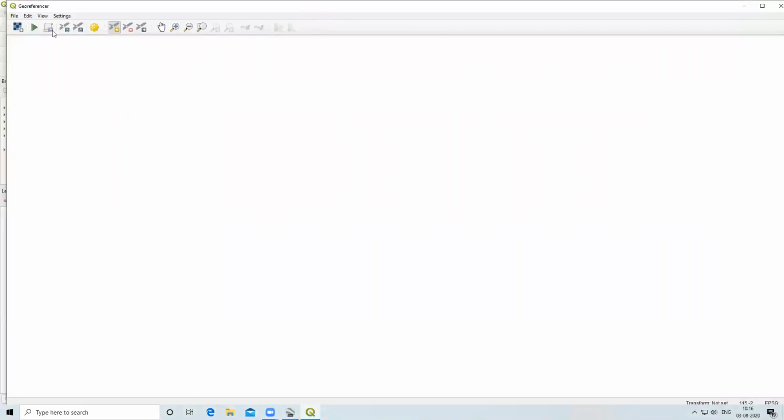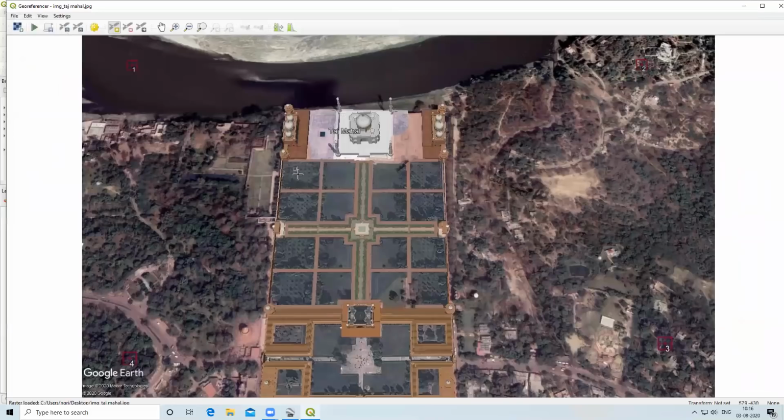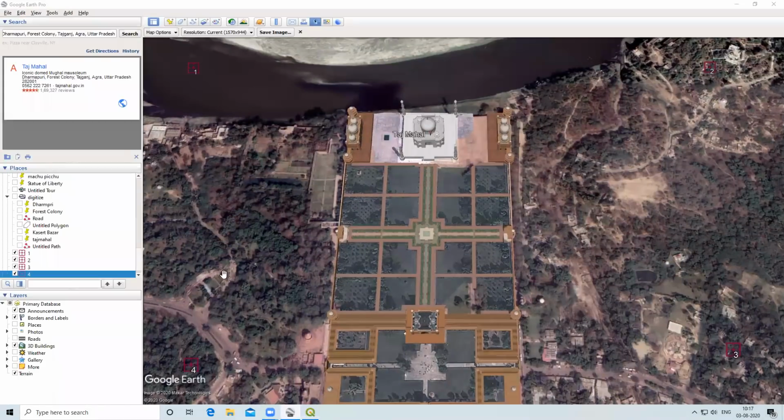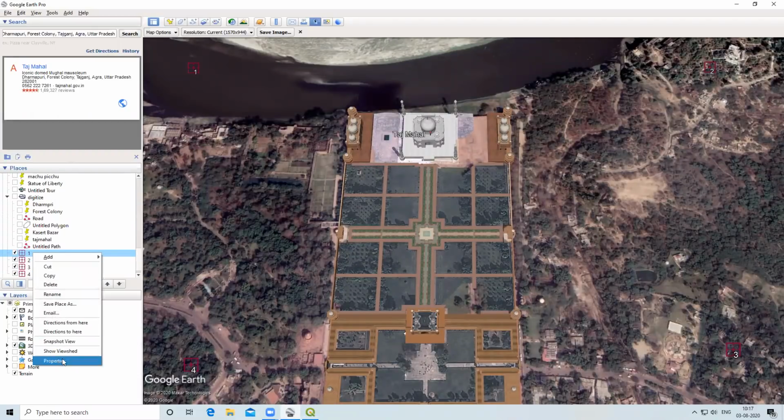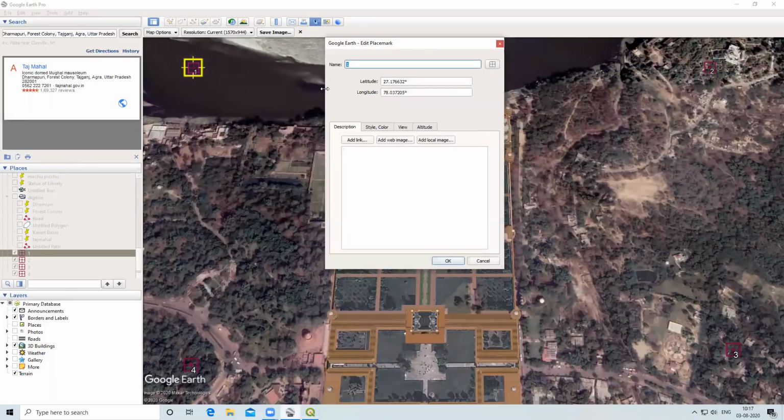We know that from here we'll add the raster file. So we have 4 coordinates that we have to give here. So this is our first coordinate. We'll go to Google Earth. I will click here, then right click and the properties option is there. When I click on properties, the coordinate will be highlighted here.